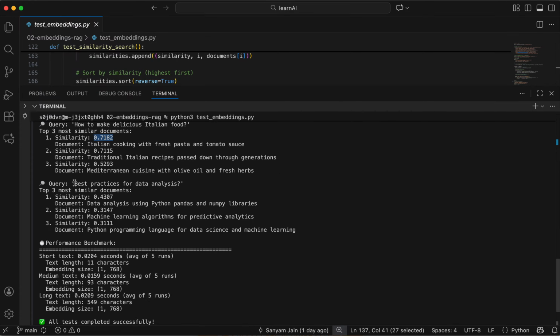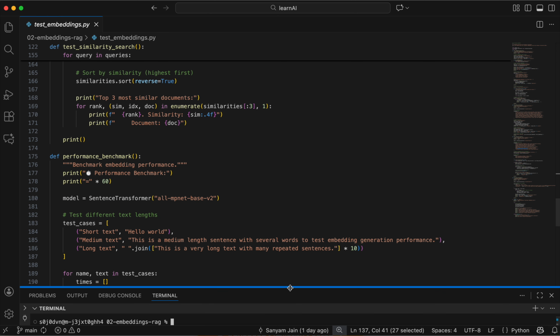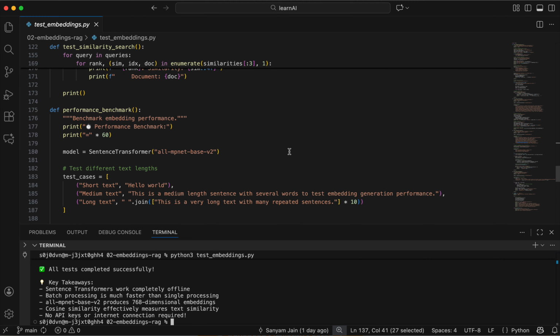Similarly, these were the queries. Now, best practices for data analysis. Again, there were some documents related to data analysis. Machine learning is also somewhat related to data analysis, and then there was one document dealing with data science and machine learning. So again, this is the case. These are the embedding examples. I hope you have understood what embeddings are